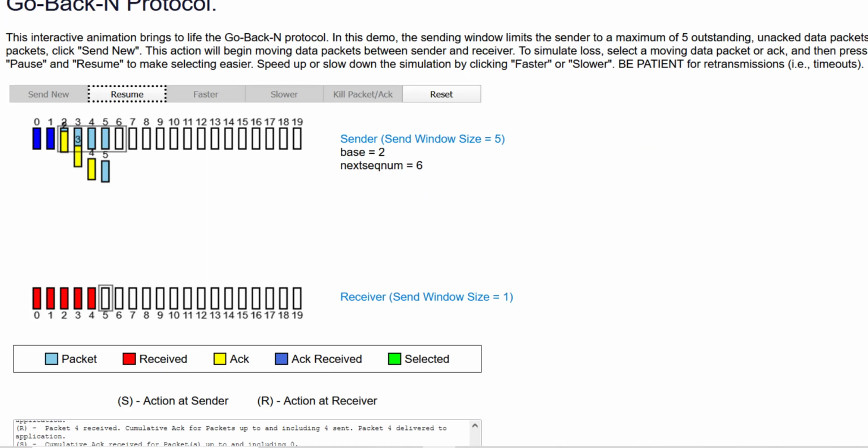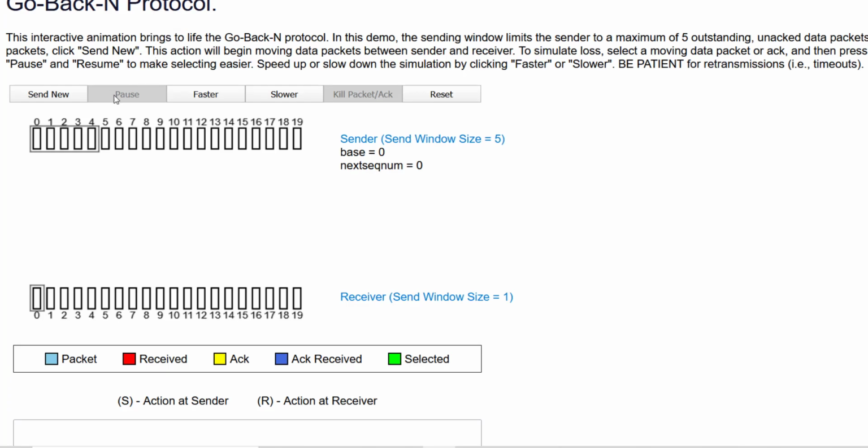One more thing that you can do, you can also delete some of the packets. Let me show you. When I'm sending, let me delete this packet. I'm going to kill this. As soon as I kill this, I have to send all the packets all over again, because the receiver is not going to receive the 0th packet, so it will not accept 1, 2, 3, 4. We will have to send all the packets again. That's why it is called the Go Back N protocol.